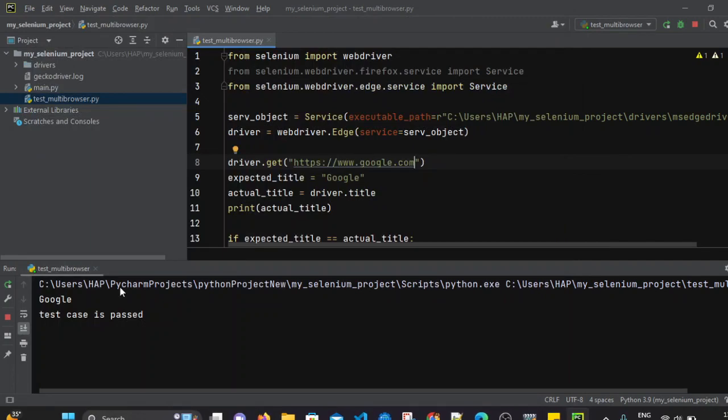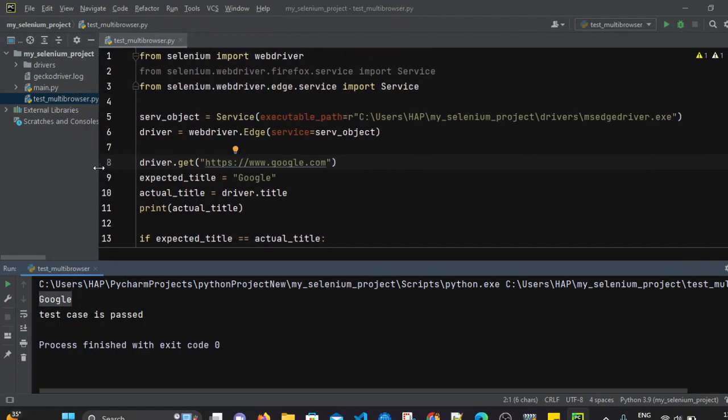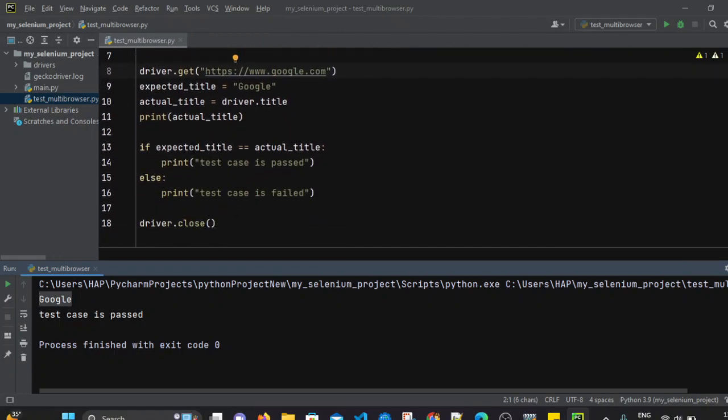It opened google.com. If you see the output, it is printing the title is Google, and the test case is passed because both the values are matching. Expected title is Google, and actual title which we received via driver.title is also Google. That's why the test case is passed.